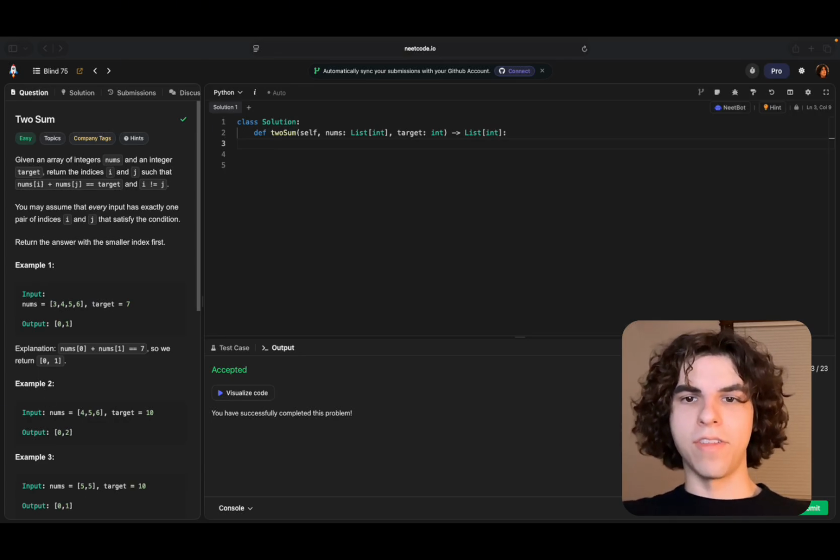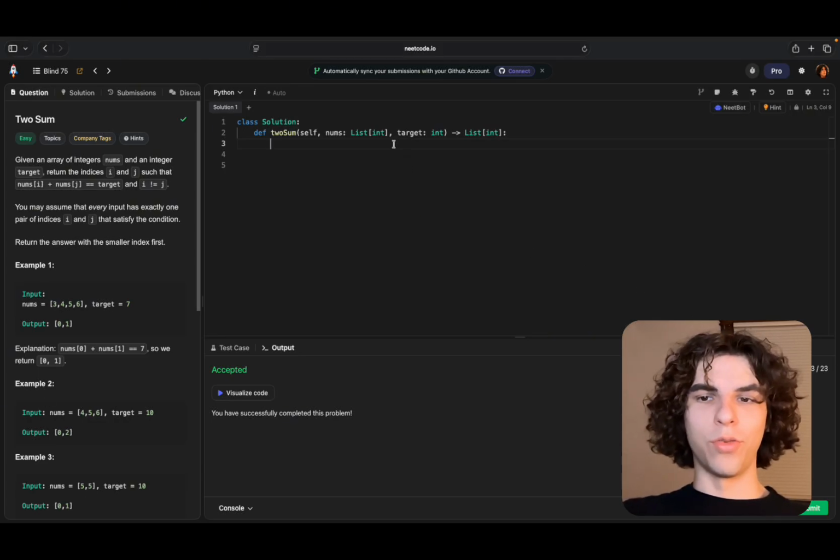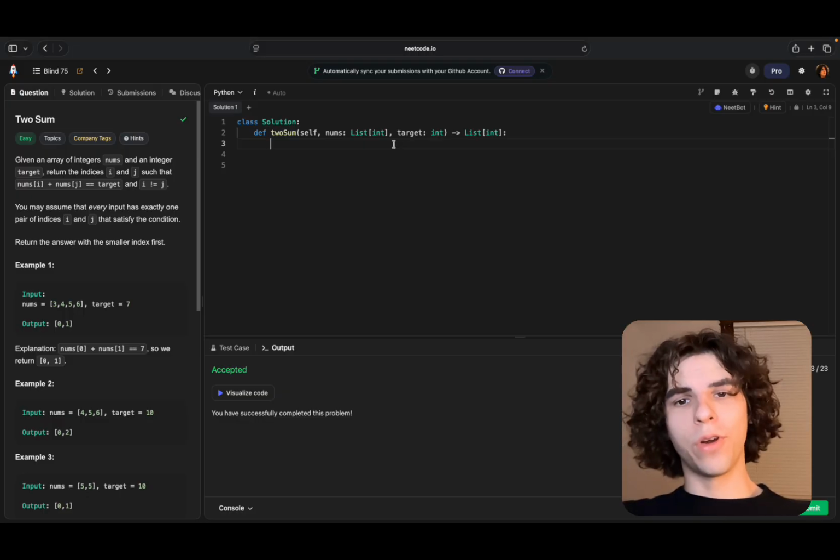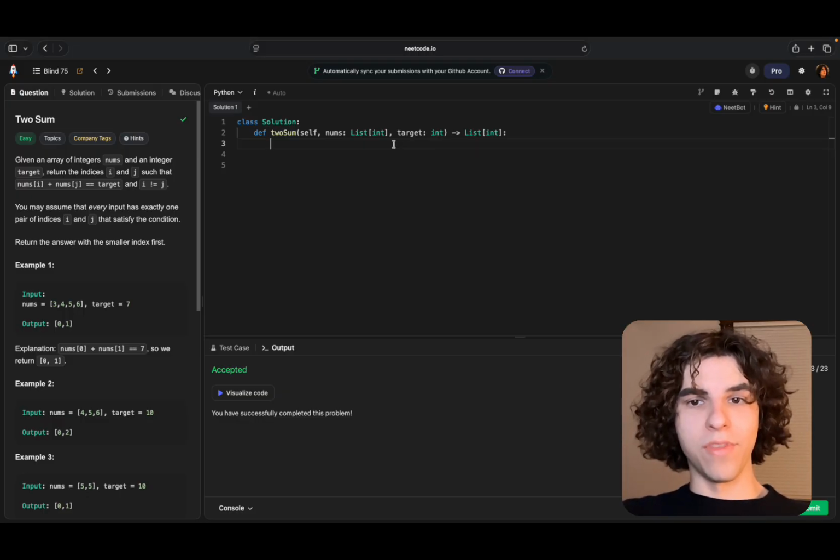Welcome back to the Blind 75, and today we'll be solving two-sum. With two-sum, we're given an array of integers called nums and our target integer called target. Our objective will be to return the indices of the two numbers that add up to the target value that